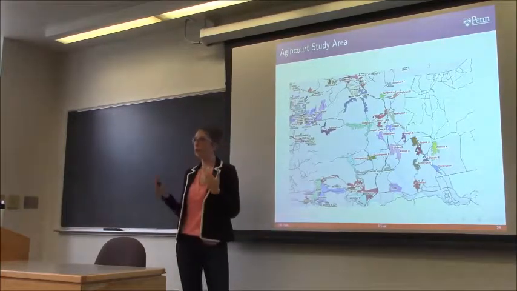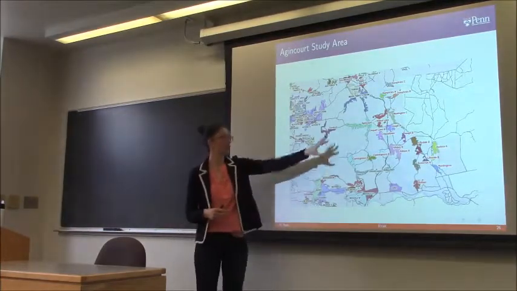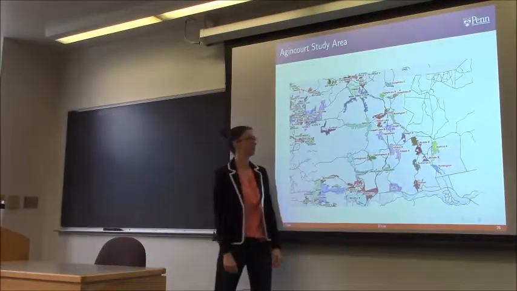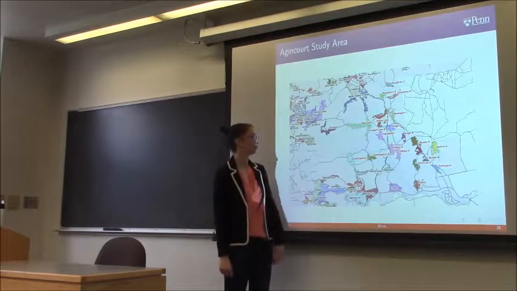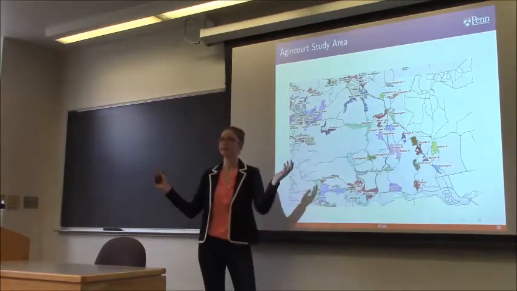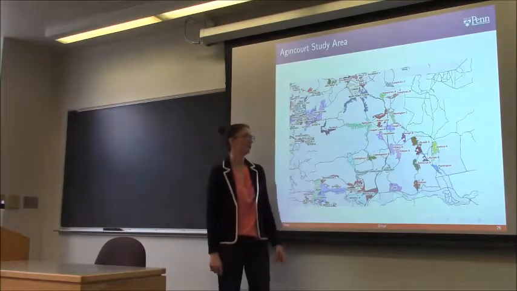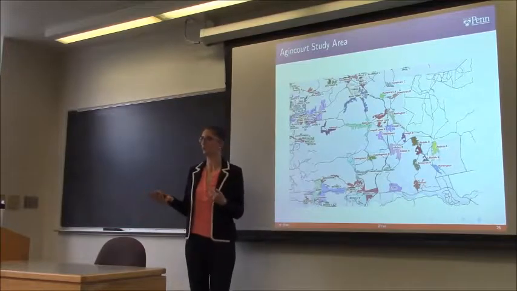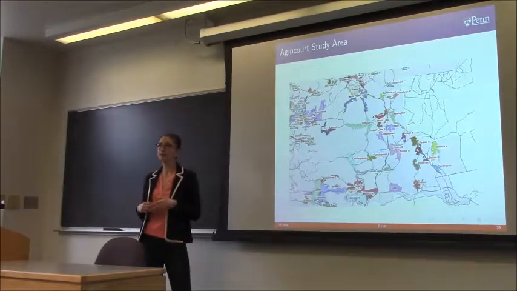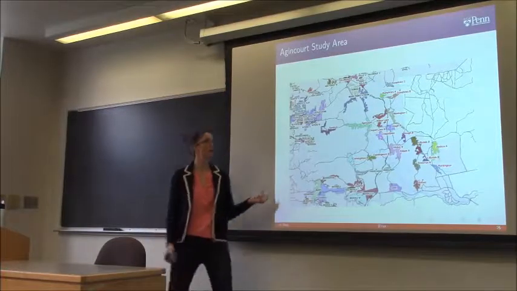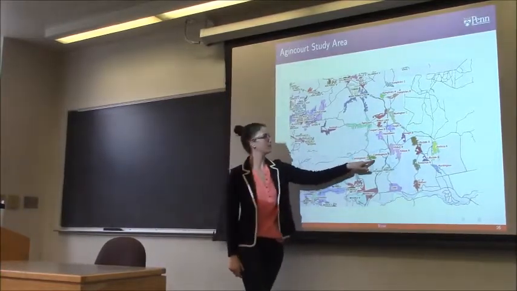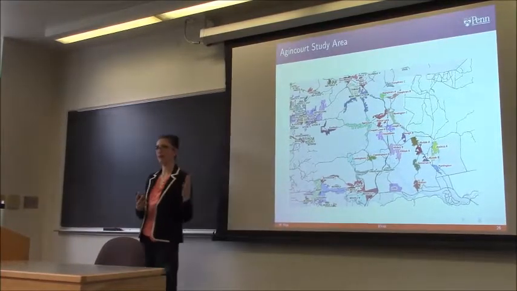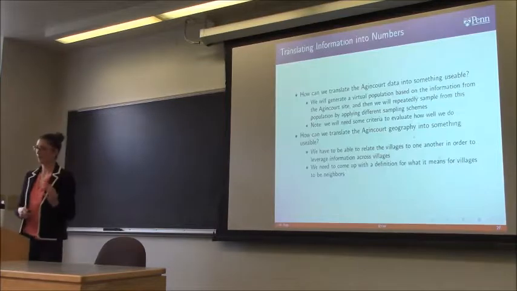So if you think about going out and collecting information on a place that looks like this, what would you do to make your life easy? You would probably say, okay, today I'm going to go to Cunningmore A and I'm going to collect 100 households. And then because it's right next door, I'm going to go to Cunningham B and collect another 100 people. And you do it more out of convenience, right? And that's not necessarily bad because you have a limited number of resources. But the problem is that, if you're only collecting from these 3 villages, it might be hard to say something about what's happening in the rest of the area. Does that make sense? Okay.